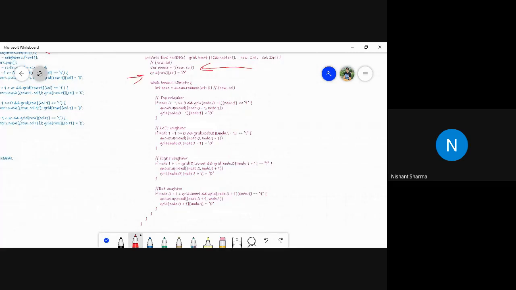We mark the row column as visited, and then the normal BFS logic where we check whether the queue is empty. If not, we remove the element from the queue and traverse all the neighbors: top, left, right, and bottom. The same will work until we traverse the complete matrix connected through these ones. So this is the logic for BFS.